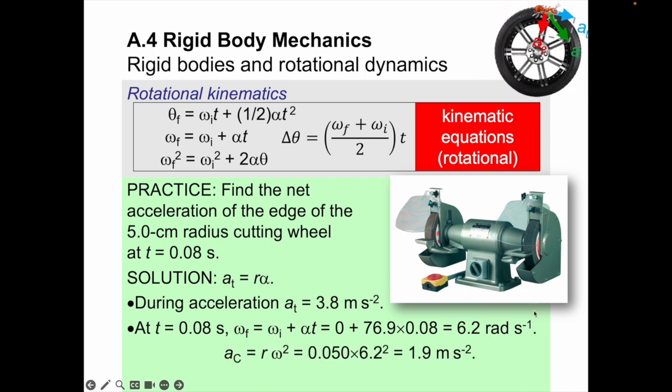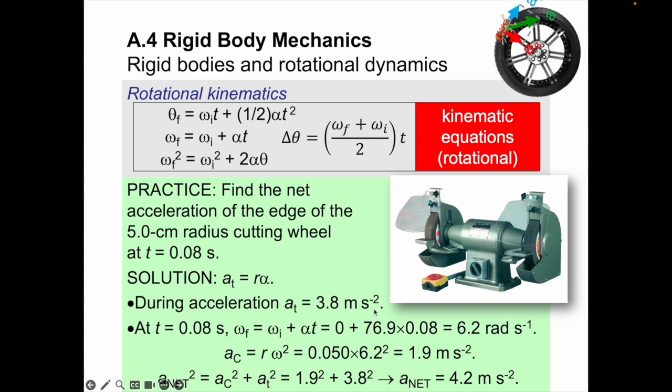So once we have our radians per second, our radians per second is the angular velocity. Then we can use our angular velocity times the radius squared to give us 1.9 meters per second. Once we have our 1.9 meters per second, this is our angular acceleration. So then our a net squared is going to be equal to